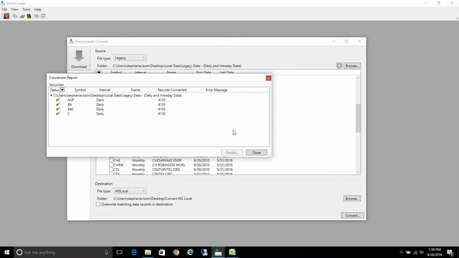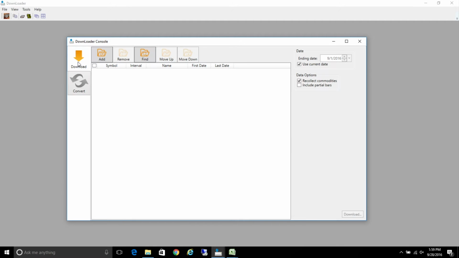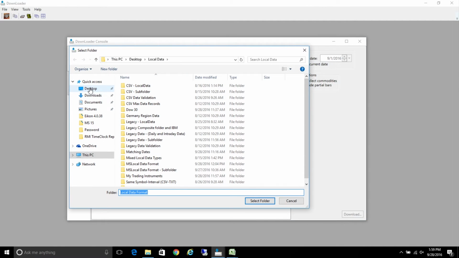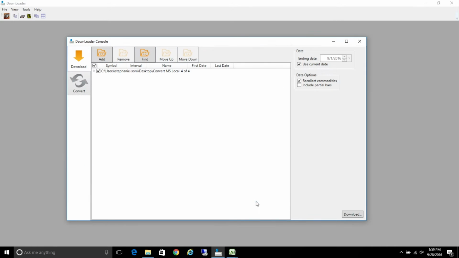So when we convert any of the legacy or CSV into MS Local, the new Downloader 15 and Metastock 15 are the applications that can read MS Local. So if we go over here to the Download tab, I can do Add Folder, and I'll go to Desktop, and you'll see it sees that MS Local folder. I can highlight it and do Select Folder, and it brings it in, and it shows the 4 symbols I converted from a legacy file, which if I select Download,